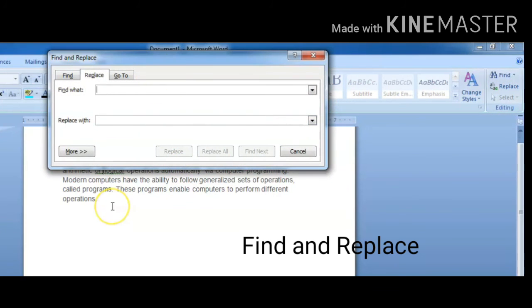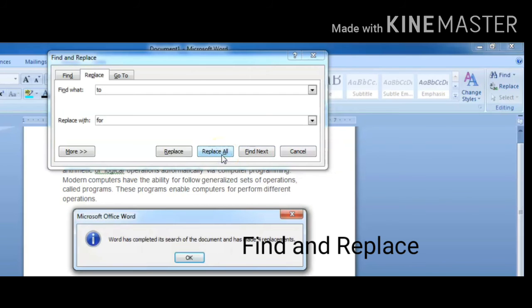This is the dialog box which appears when you click on Replace. In Find what, you type the word to be changed, "to", and in the Replace with box, 4.